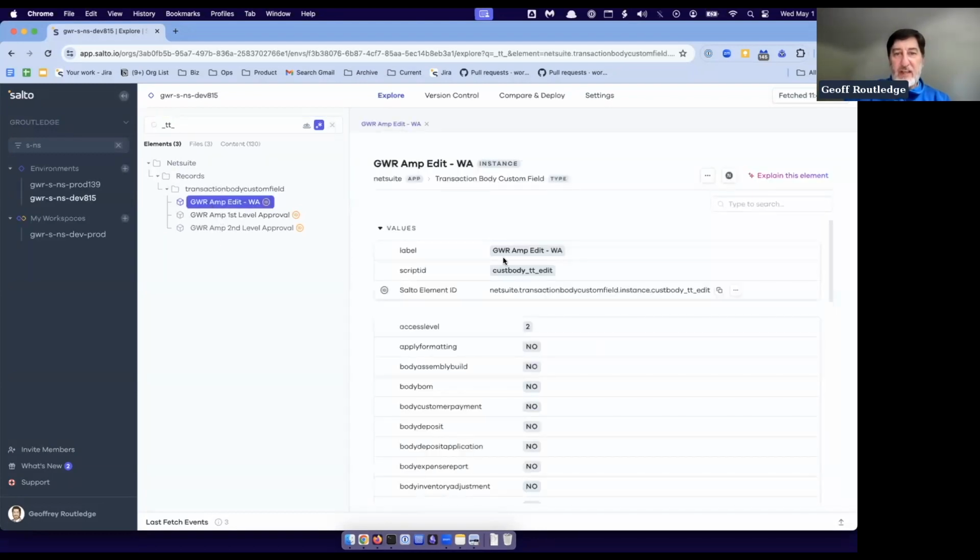So I can change the script IDs, but I can't do that within Salto. What we use as our main ID for all of our elements in Salto is based on the script ID. The element ID in total is the application name, the type name, an instance, and then this actual script ID. But I can search for all the things where TT shows up, and additionally I'm also going to find all the places